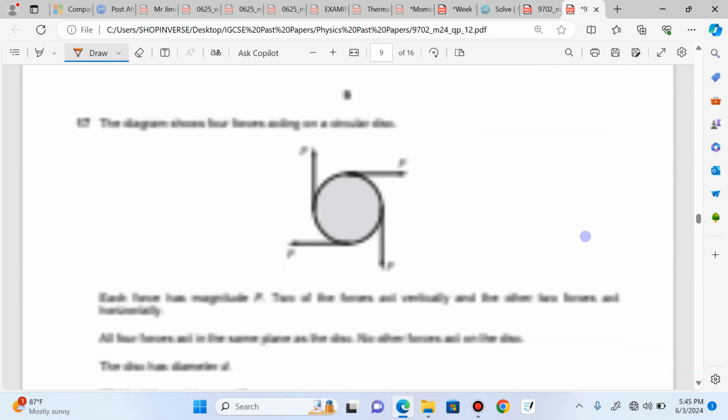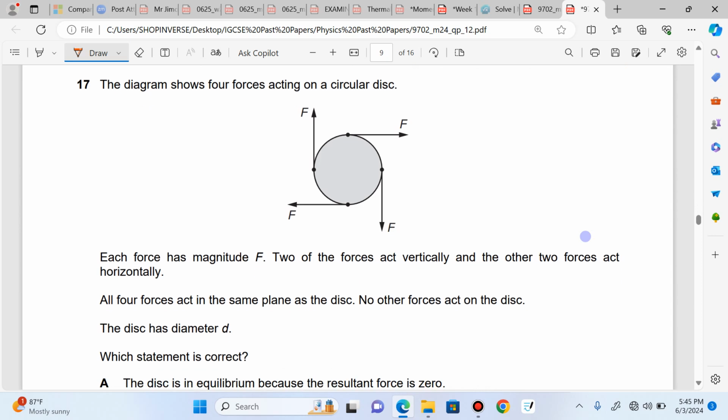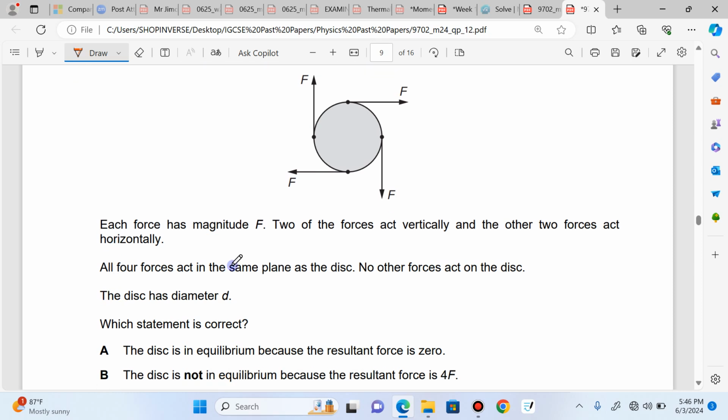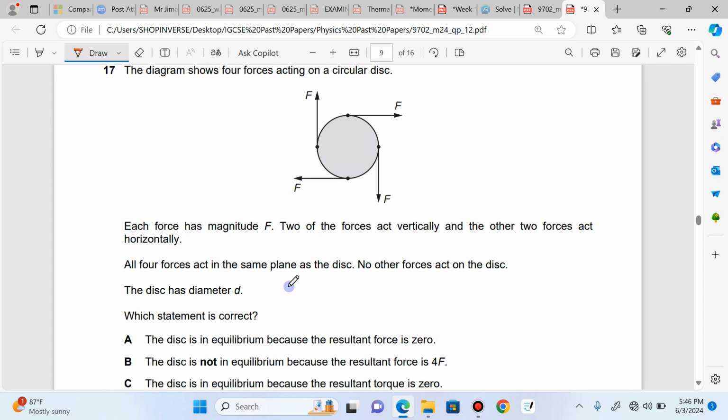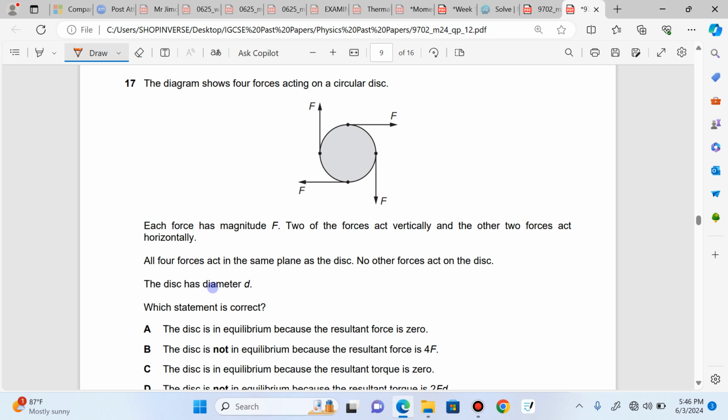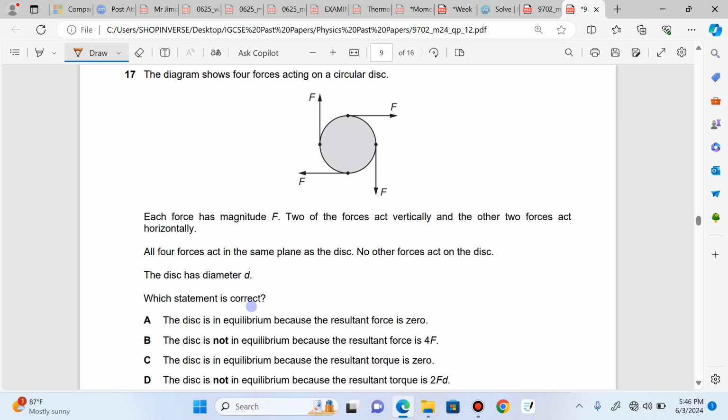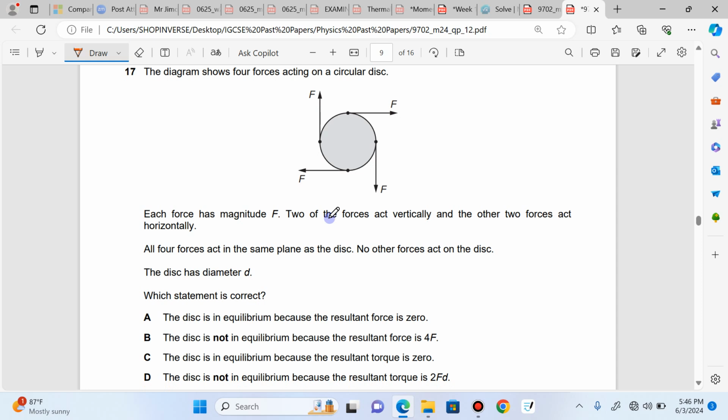Question number 17. The diagram shows four forces acting on a circular disk. Each force has a magnitude F. Two of the forces act vertically and two other forces act horizontally. All forces act in the same plane as the disk. No other forces act on the disk. The disk has a diameter of d. Which statement is correct? Now, looking at what we have here,